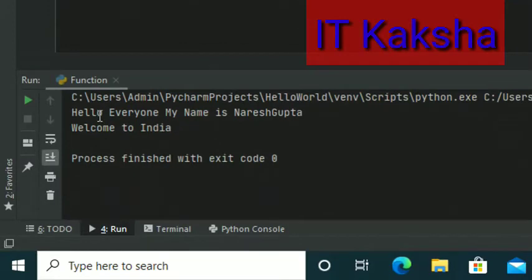Yeah, if you see, the first print statement gets executed, then the last one gets executed. So there is some space missing here. So we can give it in many ways. So for example, you can give something like this. You can give a space character here, and then if I run, it will simply print, "Hello everyone, my name is Naresh Gupta, welcome to India." Okay, now